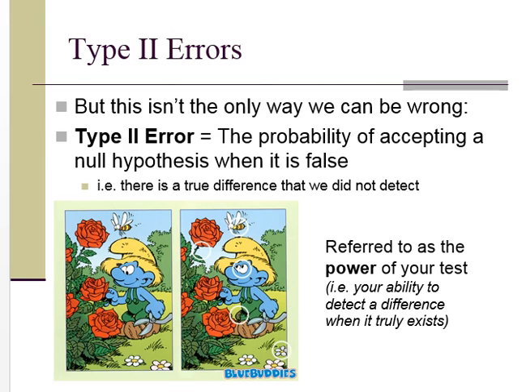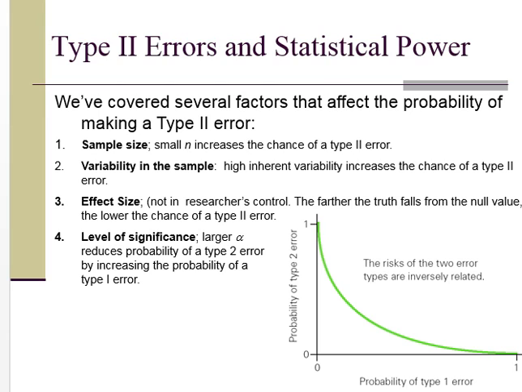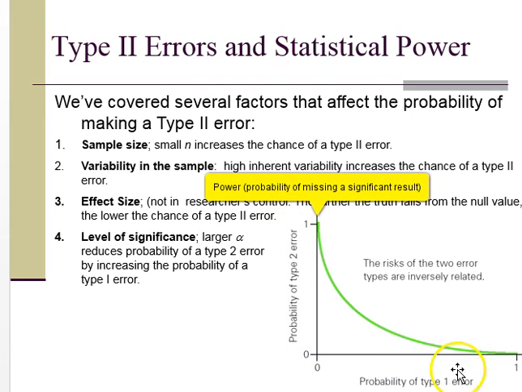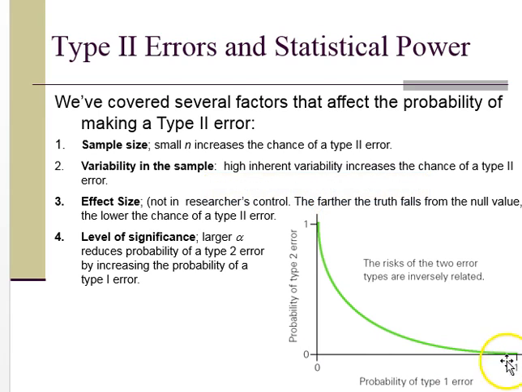Let's think a little bit more about that relationship between the type 1 and the type 2 errors, right? So this is essentially the relationship between the two. Here's your probability of a type 1 error. This is your p-value threshold that controls this. And here's the probability of your type 2 error. This is the power of your test. So if you had a p-value threshold of 1, you would never make a type 2 error. That type 2 error rate is at 0. It's because you'd call everything you possibly could calculate significant.